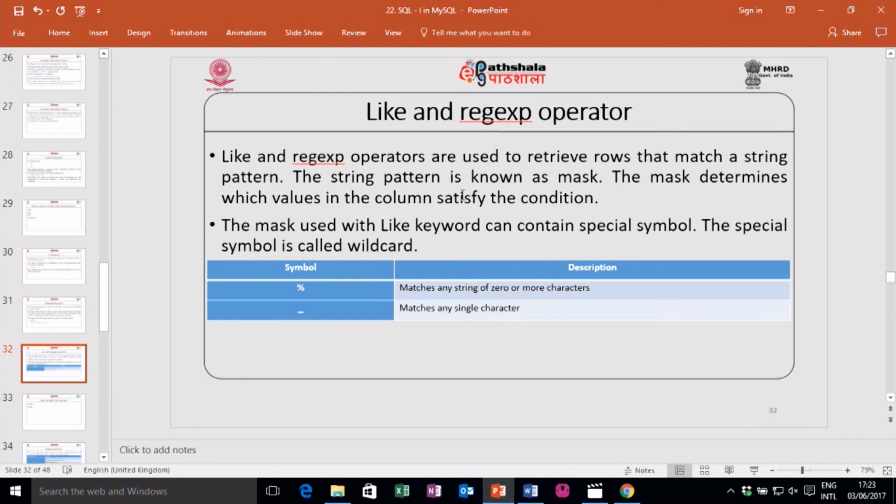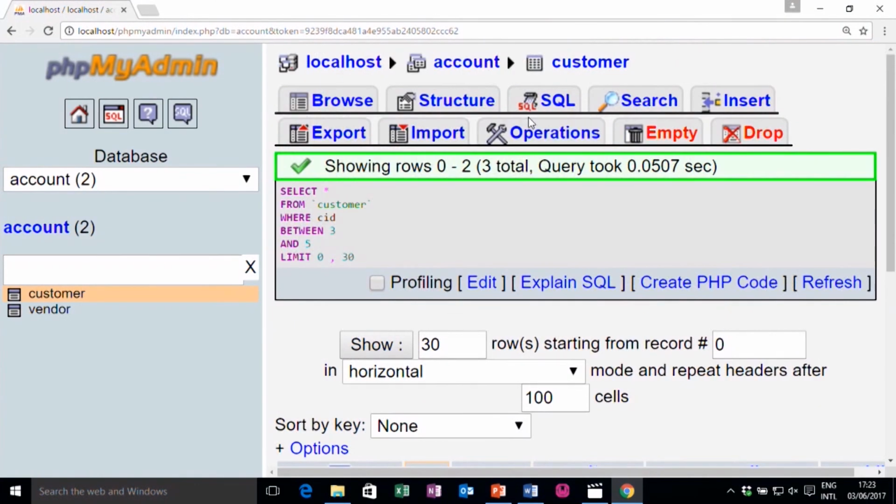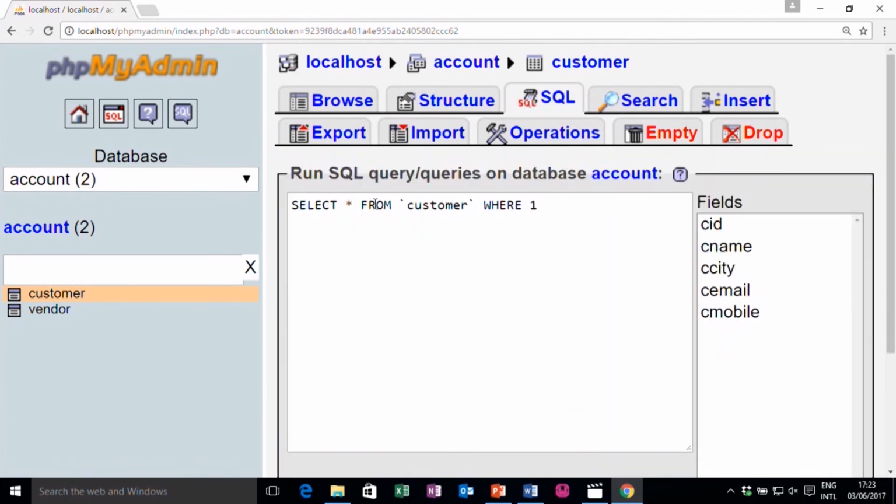You can use LIKE and regular expressions also. LIKE is used with wildcard characters. Instead of equal to, you want to extract a particular record. So, at that time LIKE will be useful. Say, for example, you can use select star from customer where customer name like, I would like to find all the names that start with V.